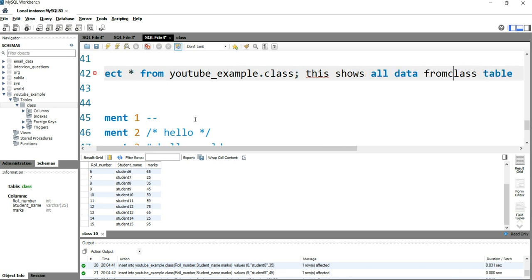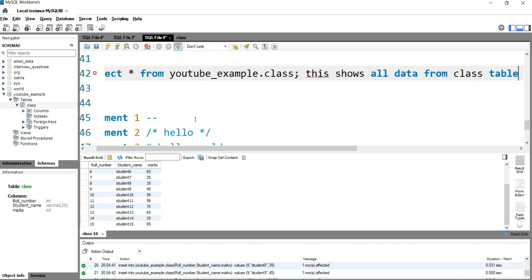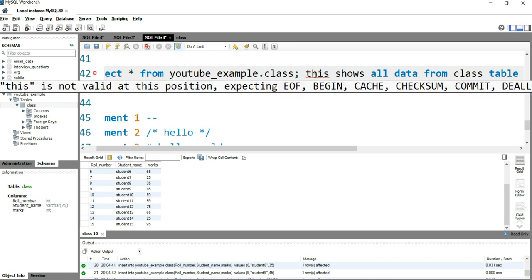right? Now you will see that without using the comment syntax, the SQL thinks that this is a SQL query, and due to which it is showing me an error at this point. SQL is showing me that this is not valid at this position, expecting end of file, begin, cache, checksum, right?